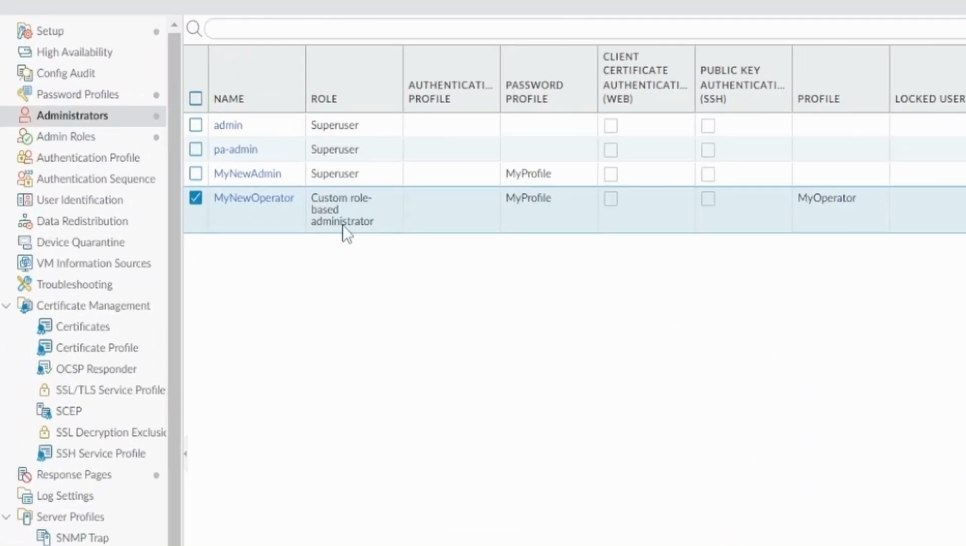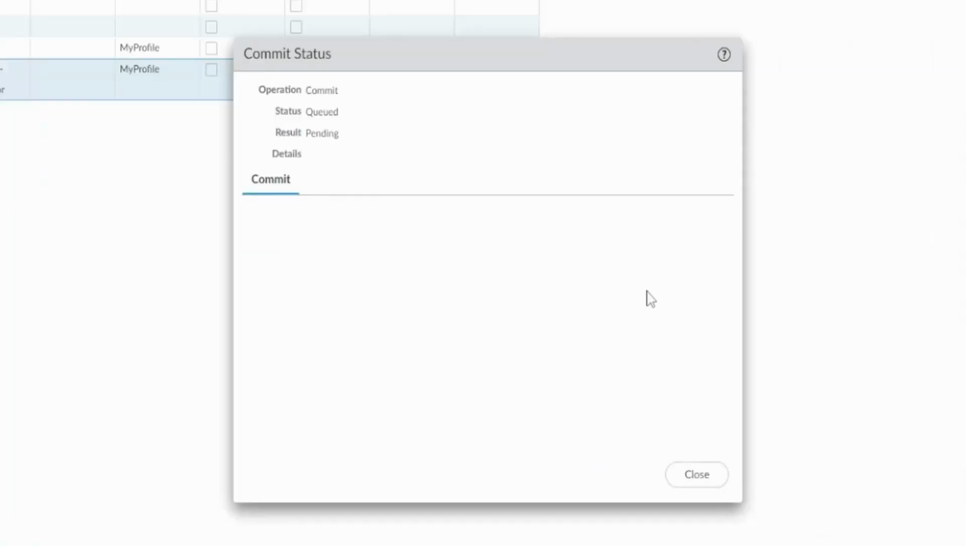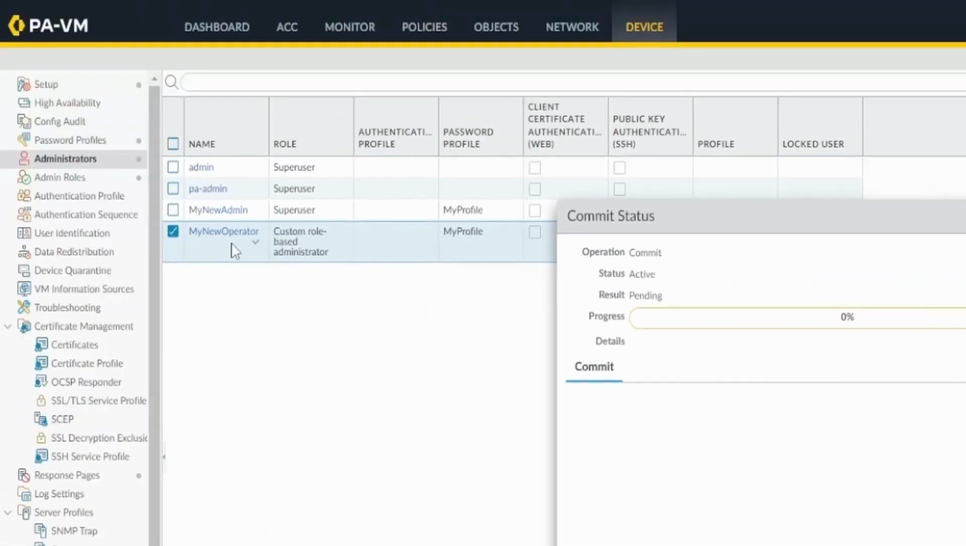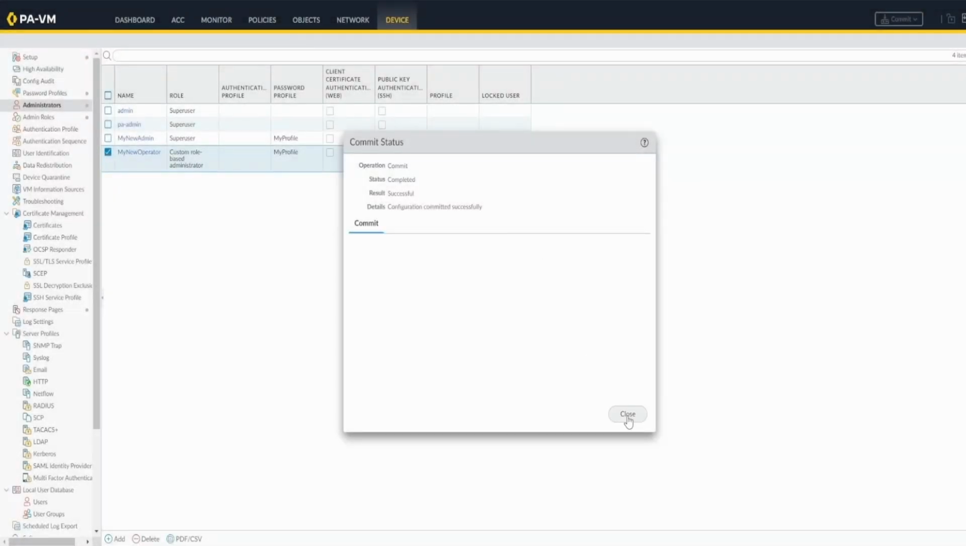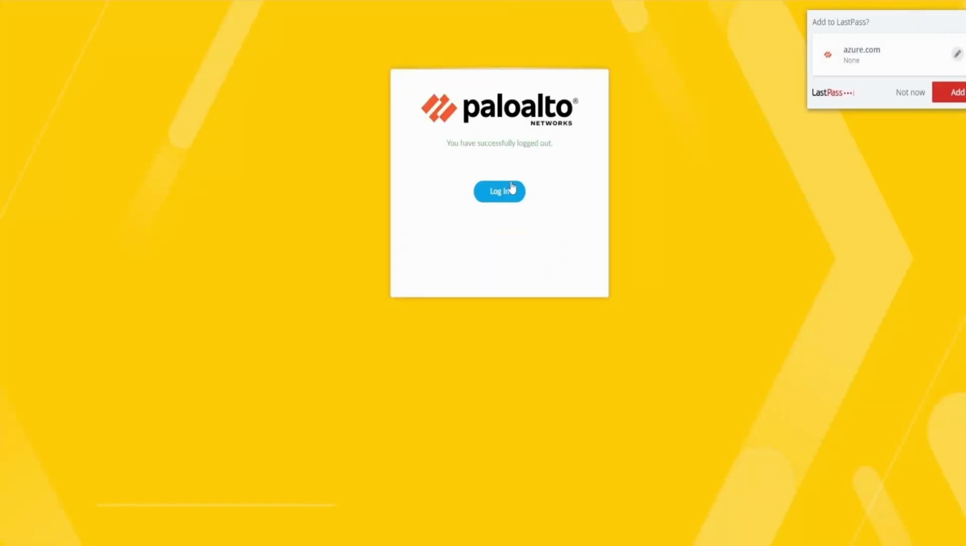It says here custom role based administrator. I'm going to commit this. And then I'm going to log in with my new operator so you can see what the operator sees. Great, so my commit is through. So let's log out and then log in now with the